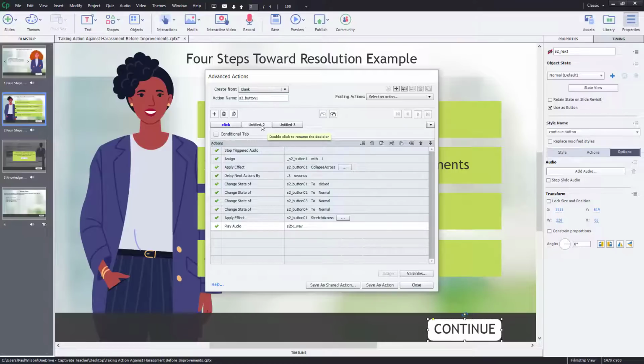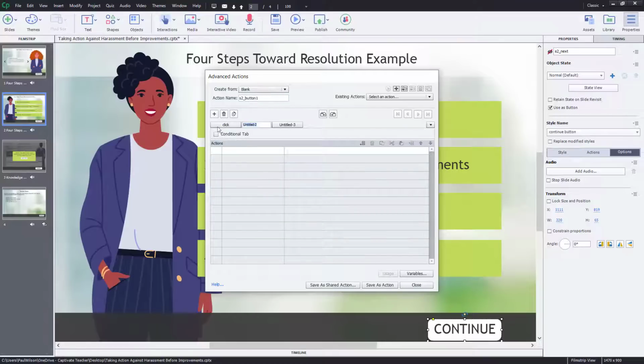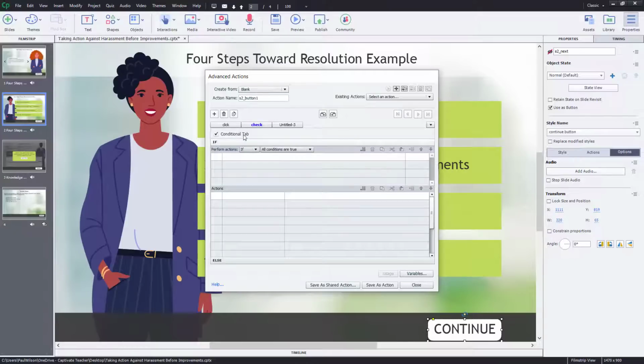The other thing we need, of course, is another tab where we check to see if we are finished this interaction. So we need a conditional tab, and we're going to check our tracking variables. We're going to say if slide to button 1 is equal to the literal value of 1, and we can save a little time here by copying and pasting 3 more versions of that same check, but we'll just change it to button 2,